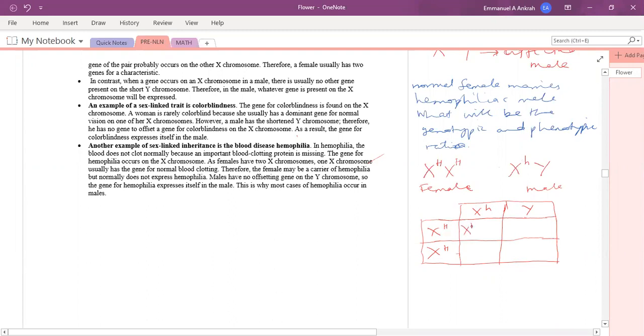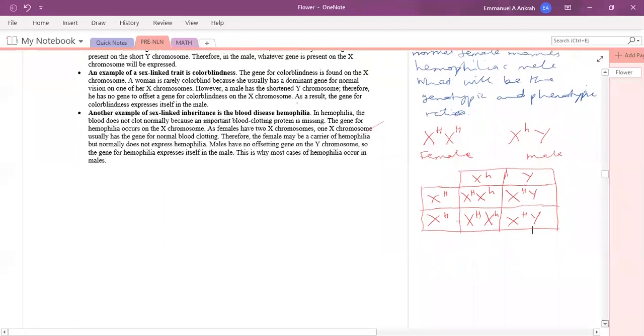X, H, X, H. This will be X, uppercase H, and X, lowercase h. And then this here will be X, H, and Y. And then this will be X, H, and Y. So these are all the possible combinations. Okay. Now, to answer this question, usually you try to split this up into male and female when you're analyzing,